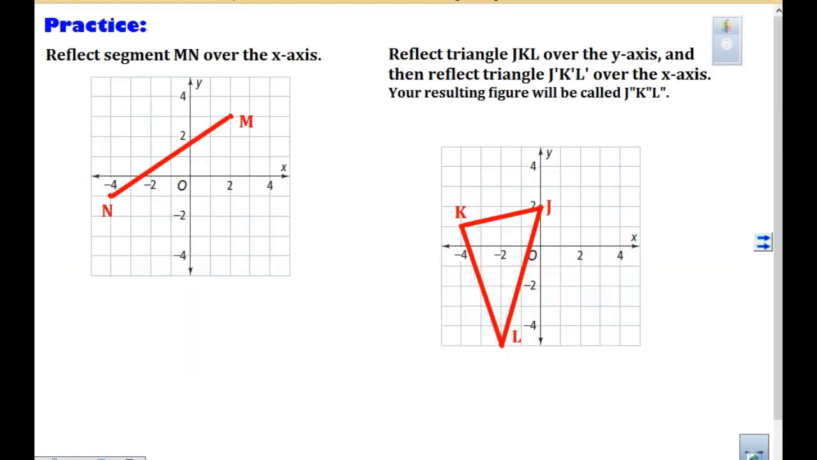So the last two are going to ask you to do the reflection. So what I would like you to do right now, start the first one here. This one is going to have 2. I will have someone come up